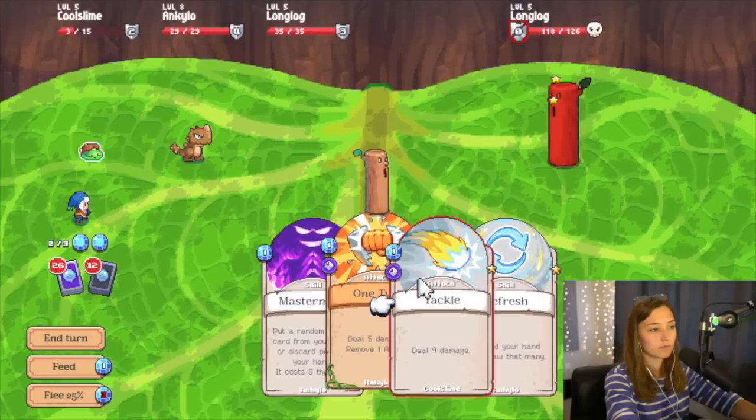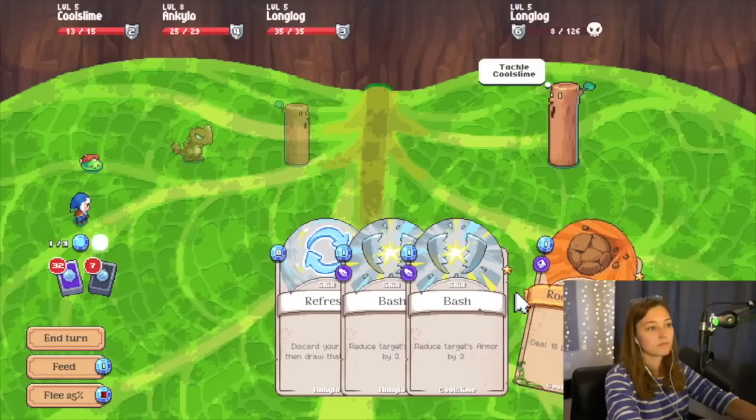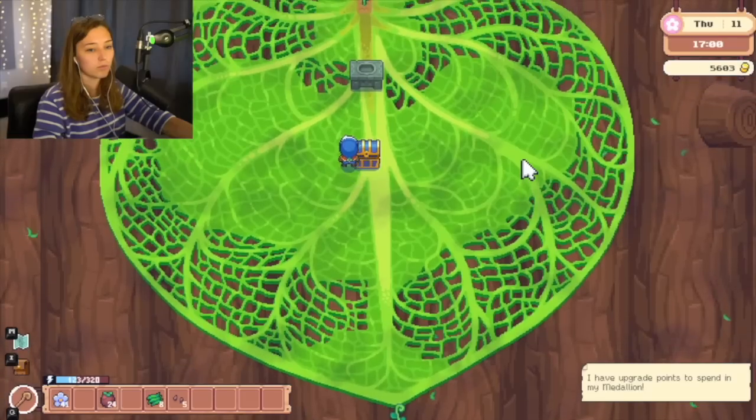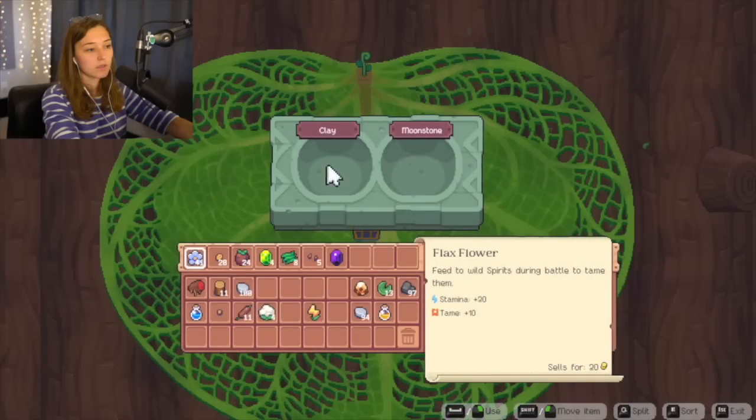This long log was beefy, but after breaking down his armor with a little 1-2 punch and some tactical rock throws, Panko, Jelemy, and Douglas were able to defeat him. Once I'd claimed my prize, which included some ladder plant seeds, I checked out the next offering, which required a